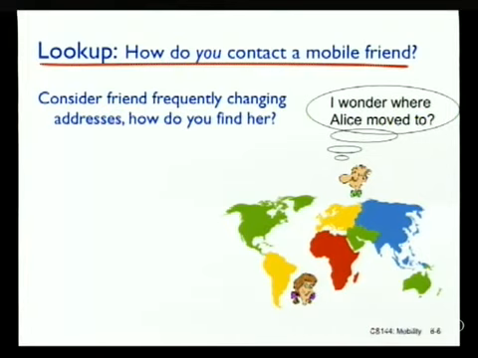So imagine you need to locate a mobile friend, and so consider a friend who's frequently changing her address. In this case,